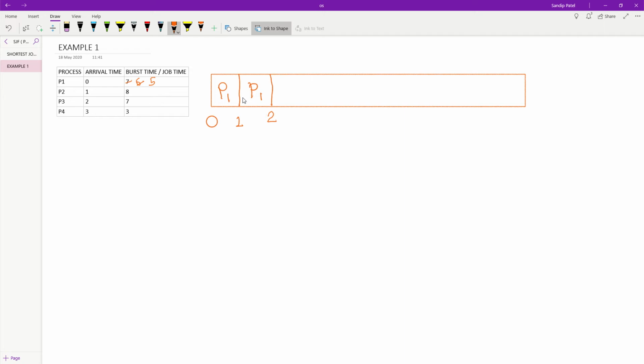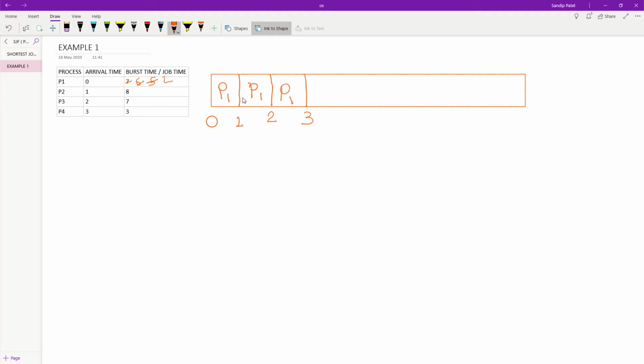Shortest remaining time first, that is 5, which is of P1. So we will again continue with P1. We are not swapping out P1, right? So that is 5 and at 3 millisecond, 1 more millisecond of P1 is completed.